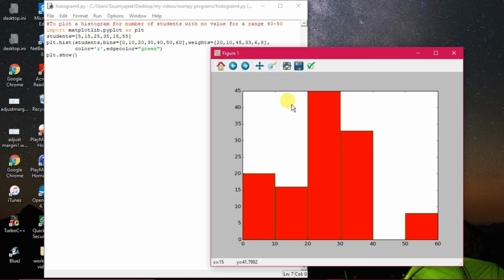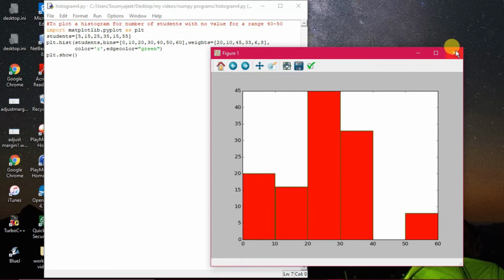You can see out here how this is to be done. Simply, as there is no 40 to 50 category, no data has been given in that particular coordinate. Then 10 plus 6, 16, both the values have been added and plotted in the interval 10 to 20, and as a result 40 to 50 has become blank.